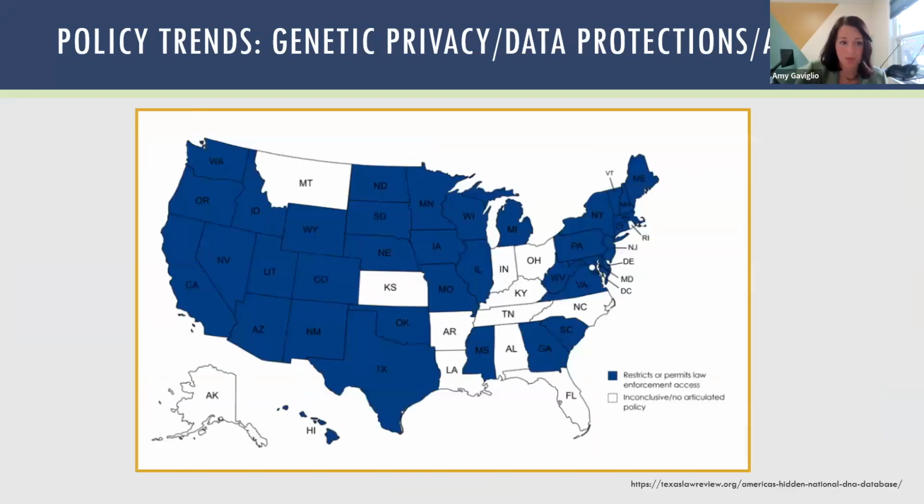So this is a map that was put together by Natalie Ram for a really robust analysis she did on the topic of law enforcement use and DNA forensics with newborn screening specimens. As you can see, those in blue have laws that either restrict or seemingly permit the use of these specimens and information by law enforcement. Those in white did not have explicit language, so potential use is a bit inconclusive.